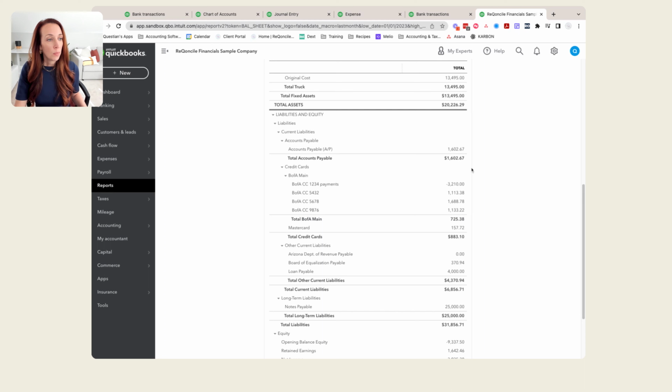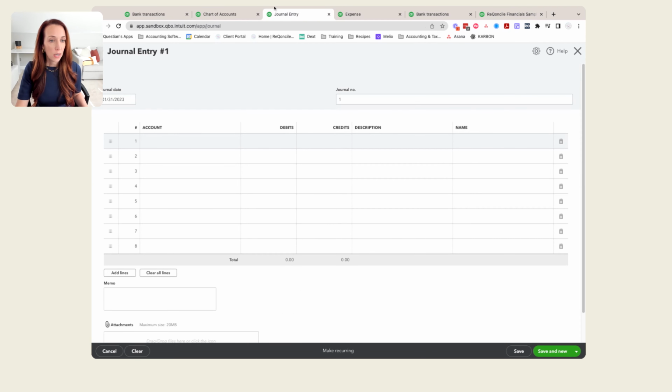However, the payment account will continue to be a higher debit balance, and these will continue to be higher credit balances. And that can raise questions at the end of the year during tax time, or if you're a nonprofit and you're being audited. So I just recommend making this entry so that at the end of the month, everything looks nice and tidy. So the way that you're going to do that is go into your journal entry,